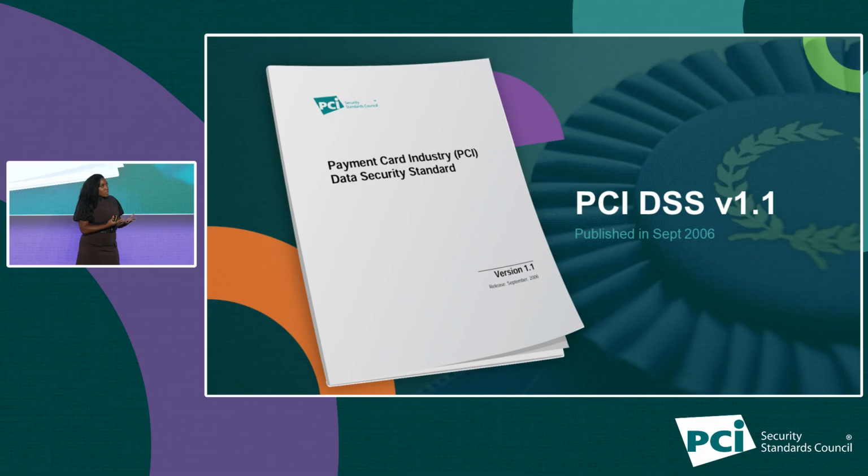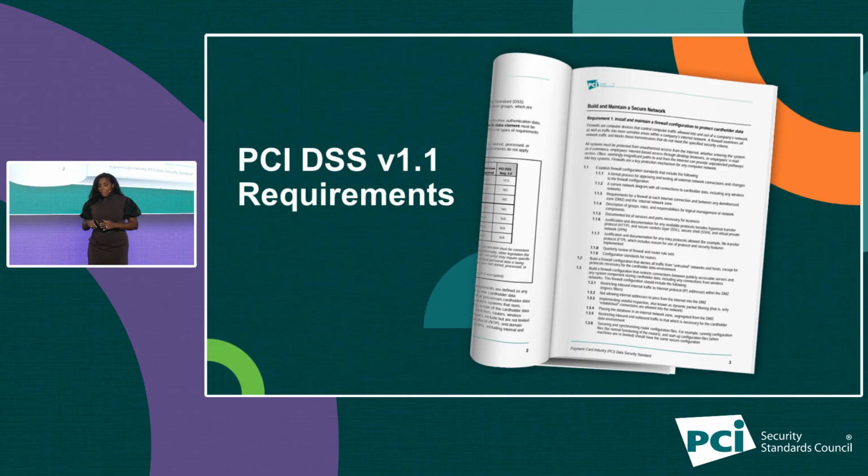As I was doing a little bit of research into this, I decided, let me download the first version that the council published. And for those of you that started out on this journey within the last 15 years, it's going to be a bit of a shock. PCI DSS version 1.1 was a total of 17 pages. This here is the first page of the requirements.